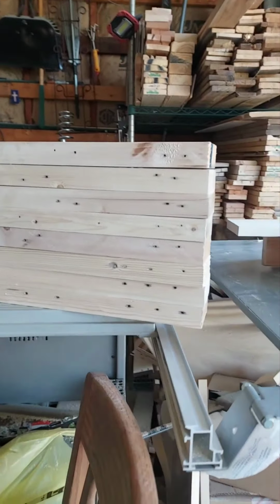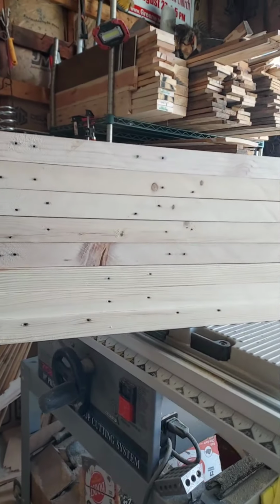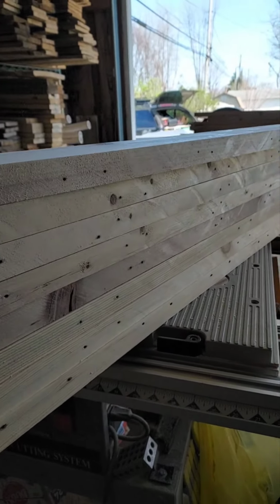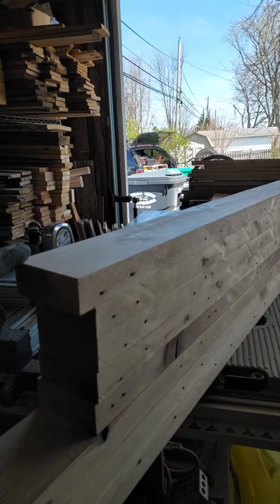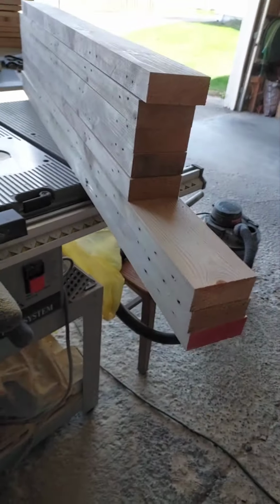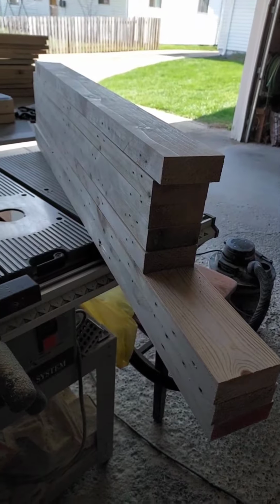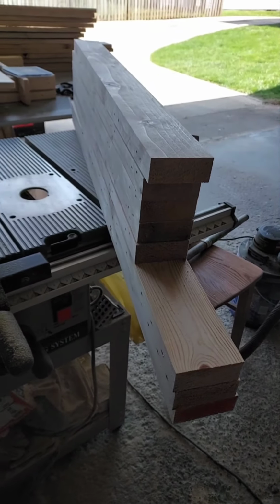Well, all four sides have now been cut, and the results are pleasing. There is one board that has some wobble in it. But the others are almost completely flat and true, and even that board is probably still going to be okay to use if I can get enough length out of it. This is about all I'm going to be able to get done today, but